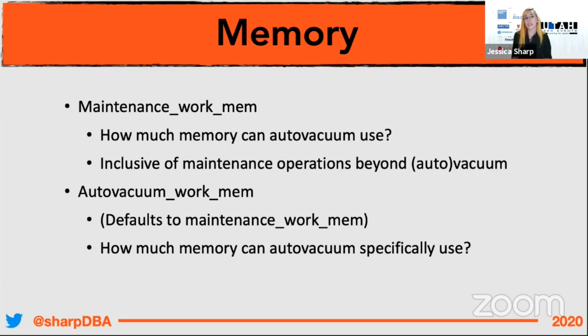So this is helpful if you know you've got a certain percentage of your total available memory that you want to cap, maybe you want to say max peak because I don't know, and you don't want autovacuum to interfere with that, you would cap it using autovacuum_work_mem. That's really the only time I would set that.